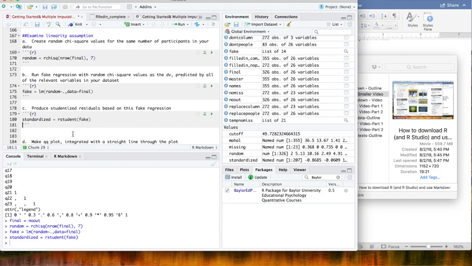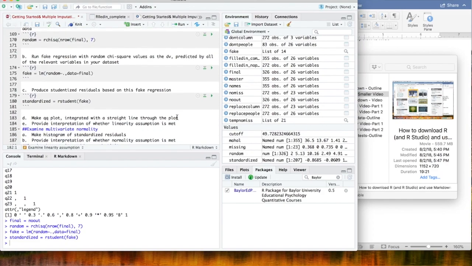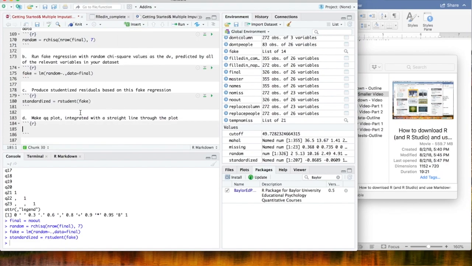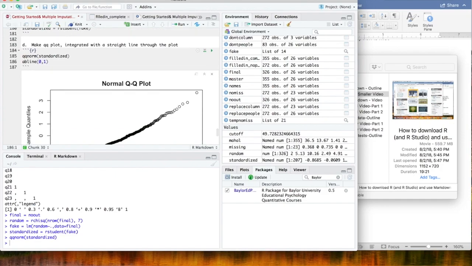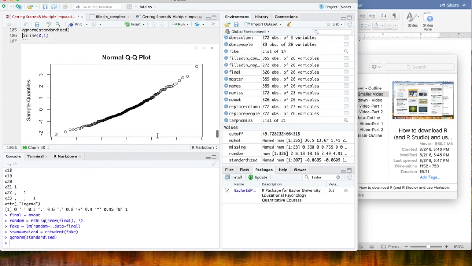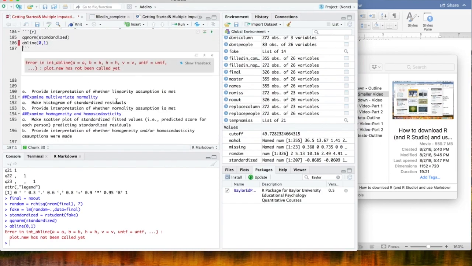And then we want to make a QQ plot integrated with a straight line through the plot. So this will help us examine the linearity assumption. QQ norm, standardized. So this came from the standardized residuals. And let's also add a line, a straight line, to the QQ plot to help us examine this better. Alright. So here's our QQ plot, and if we were to add this straight line,